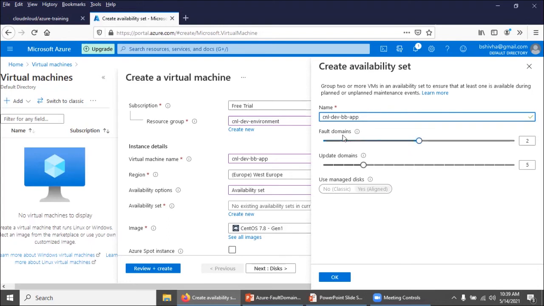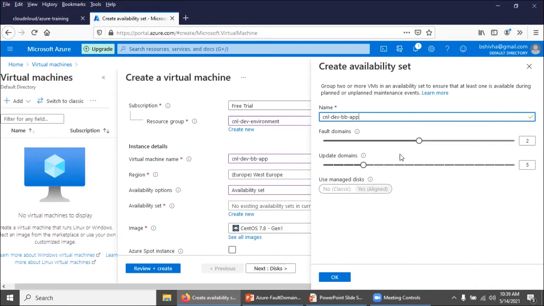If you see fault domain 2 and update domain 5, it means that we are going to get two individual hardware racks, and in that we are specifying 5 update domains that we need for this deliverable. This is how you need to plan it.